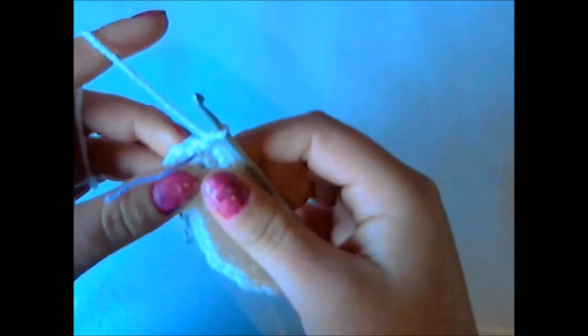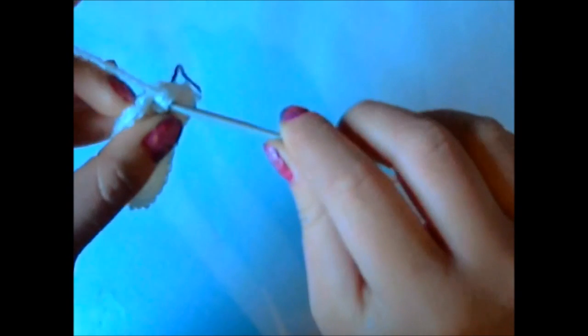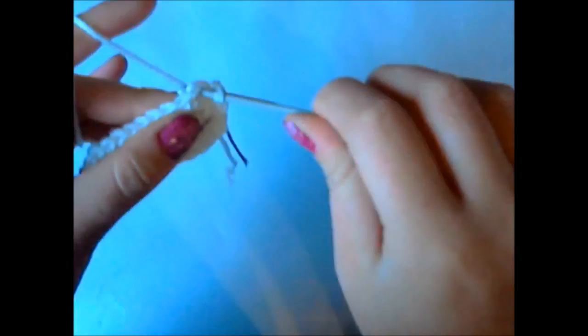Now for round 3, we need to move our stitch marker up first, I should say. So just simply move it up, place it back on top again, and start working into the next stitch. So for round 3, we need to single crochet in the next 2 stitches, 1, 2, 2 single crochet into the next stitch, 1, 2,